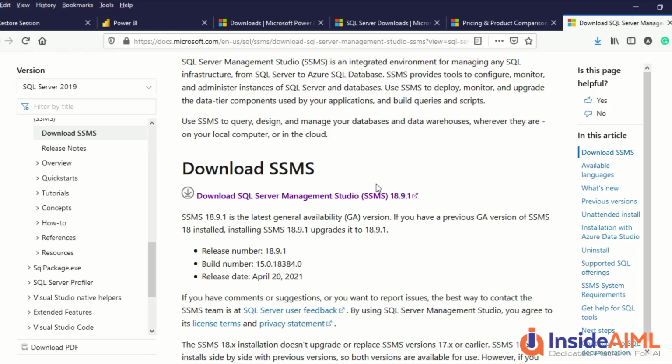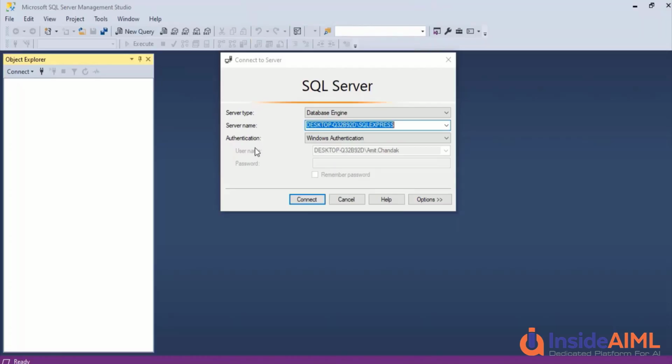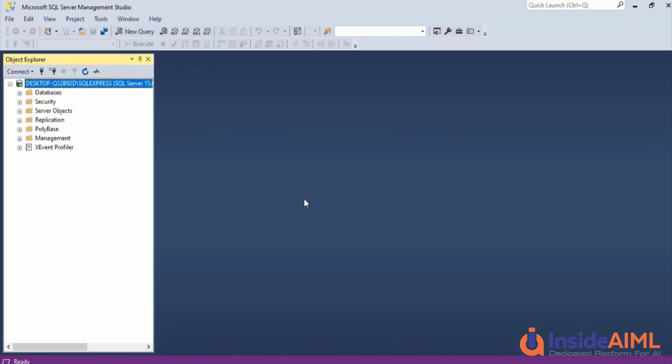So let me open SQL Server Management Studio and show you how to connect with SQL Server, and then we will take the next step. So open SQL Server Management Studio, and you will be able to get the name for your database: your machine name, followed by the backslash sign, and the Express Edition name.